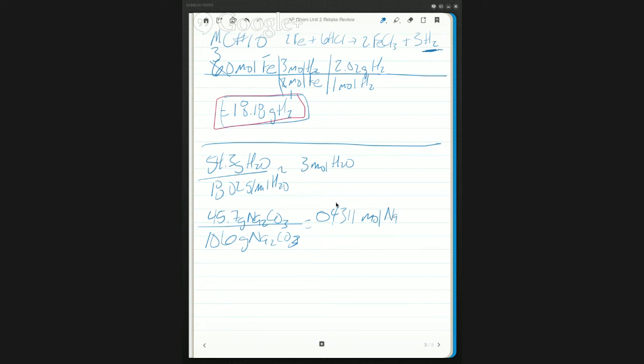So 3 divided by 0.4311. Oh, I see, okay. You have to divide the larger one by the smaller one. So 3 moles of H2O divided by 0.4311 moles of Na2CO3, I didn't finish, actually ends up being equal to